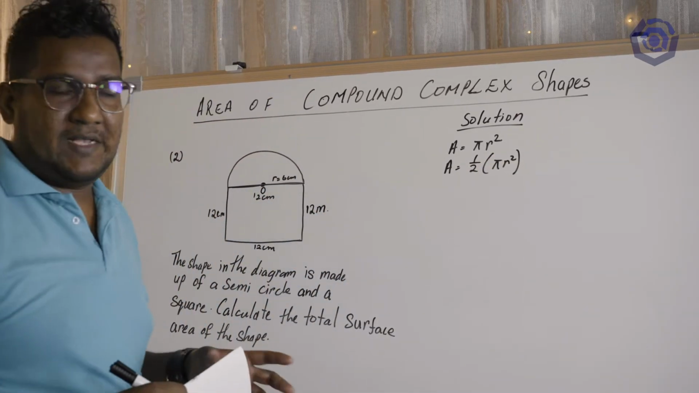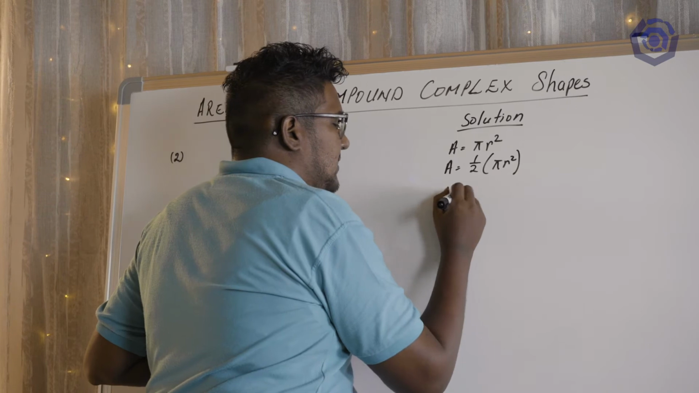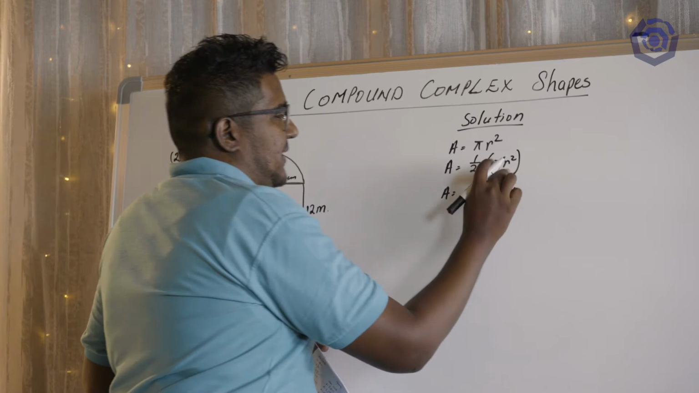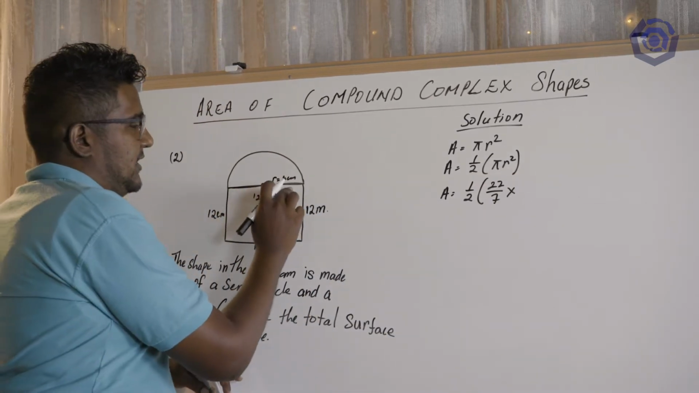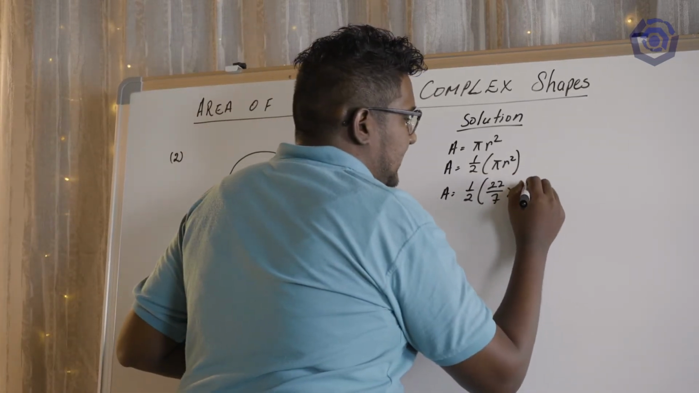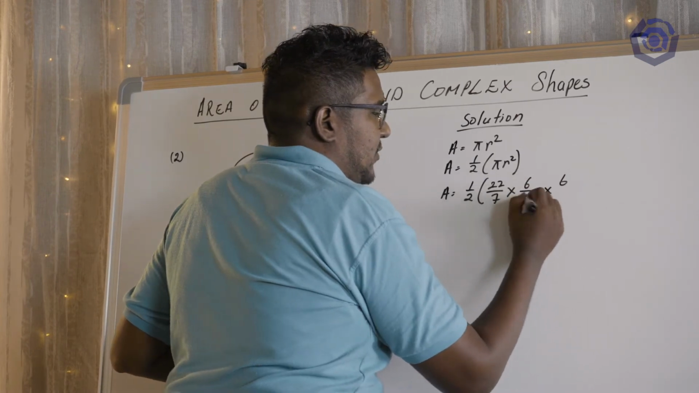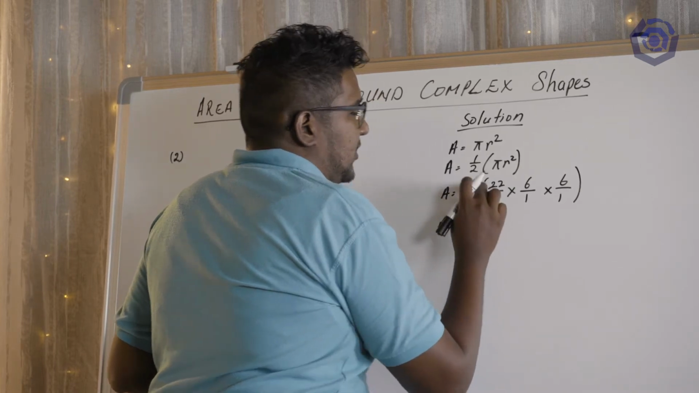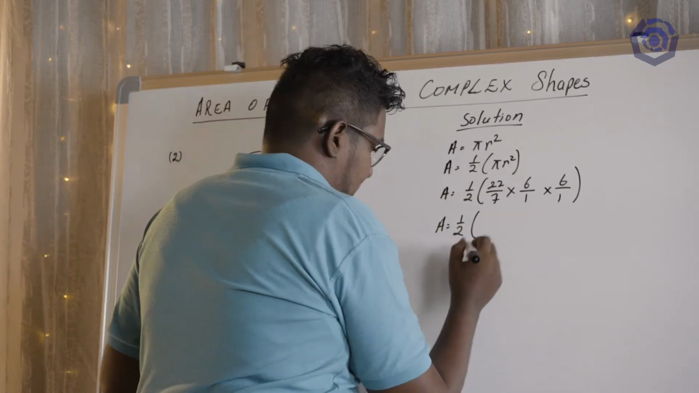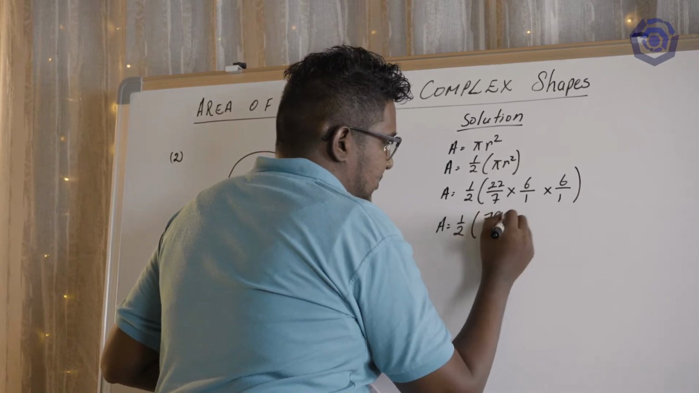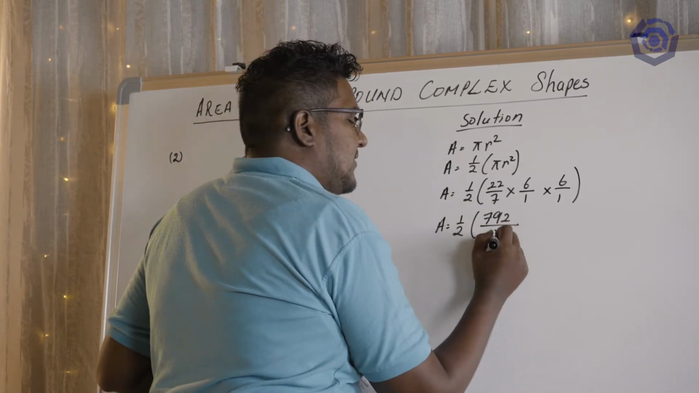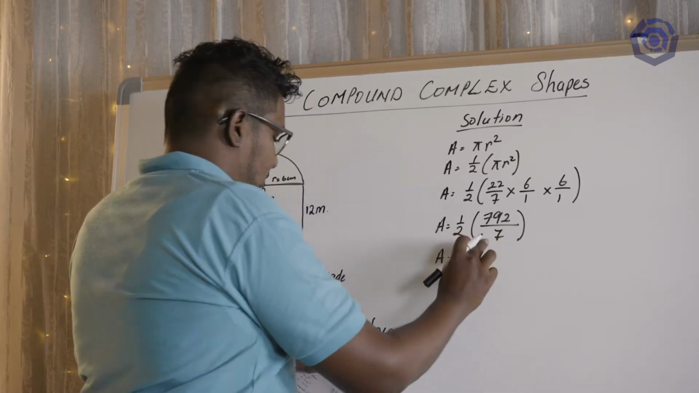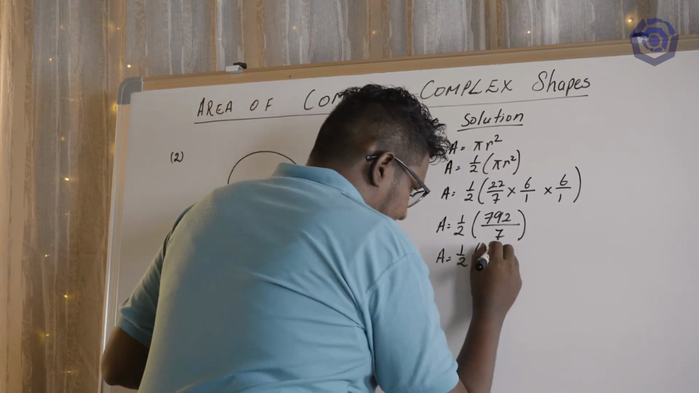So let's start substituting our values. A is equal to a half. We know that pi is 22/7 multiplied by the radius squared. So the radius here is 6, so it's going to be 6 multiplied by 6. We put them over 1 to make them into fractions. A is equal to a half of 22 times 6 times 6, which is going to give me 792 divided by 7 times 1 times 1, which is 7. A is equal to a half of 792 divided by 7, which is going to give me